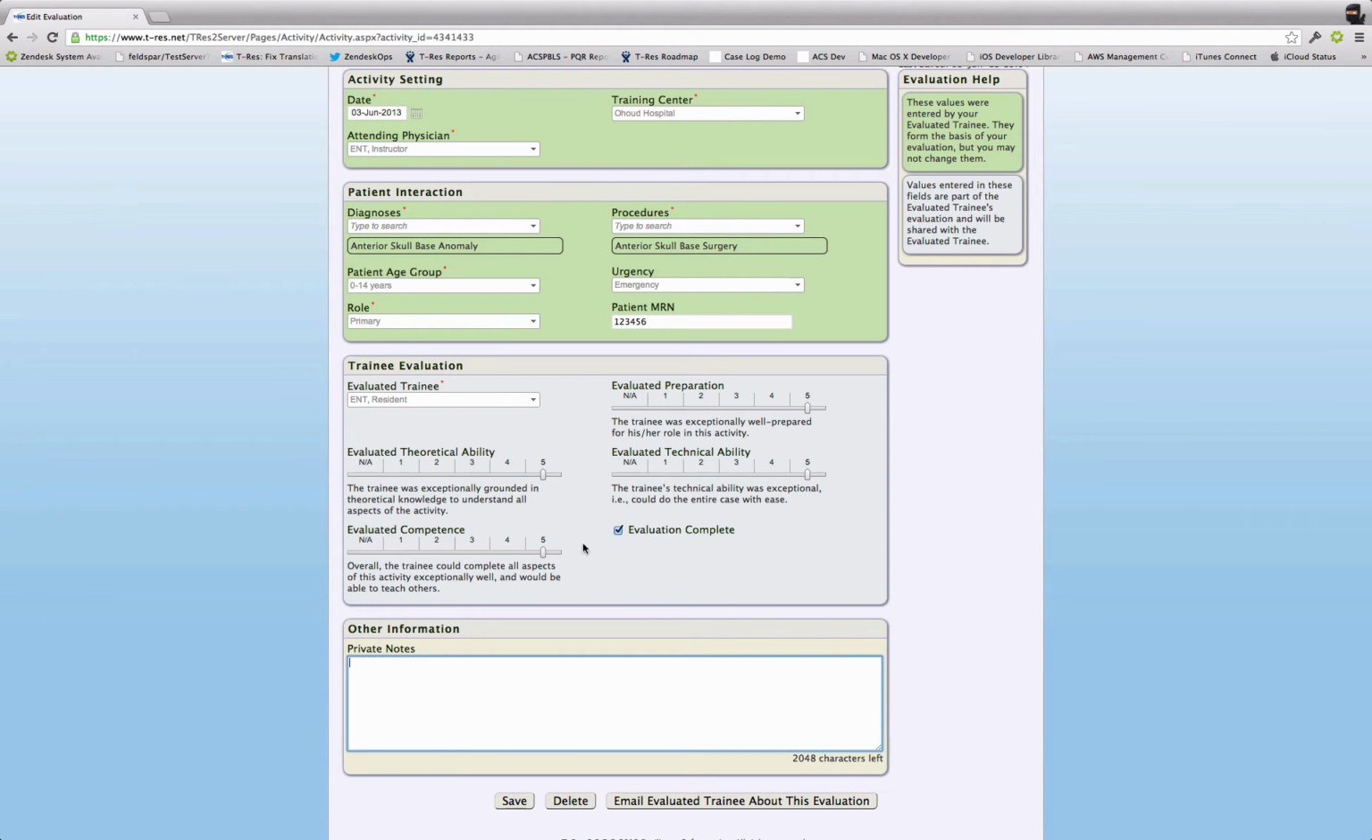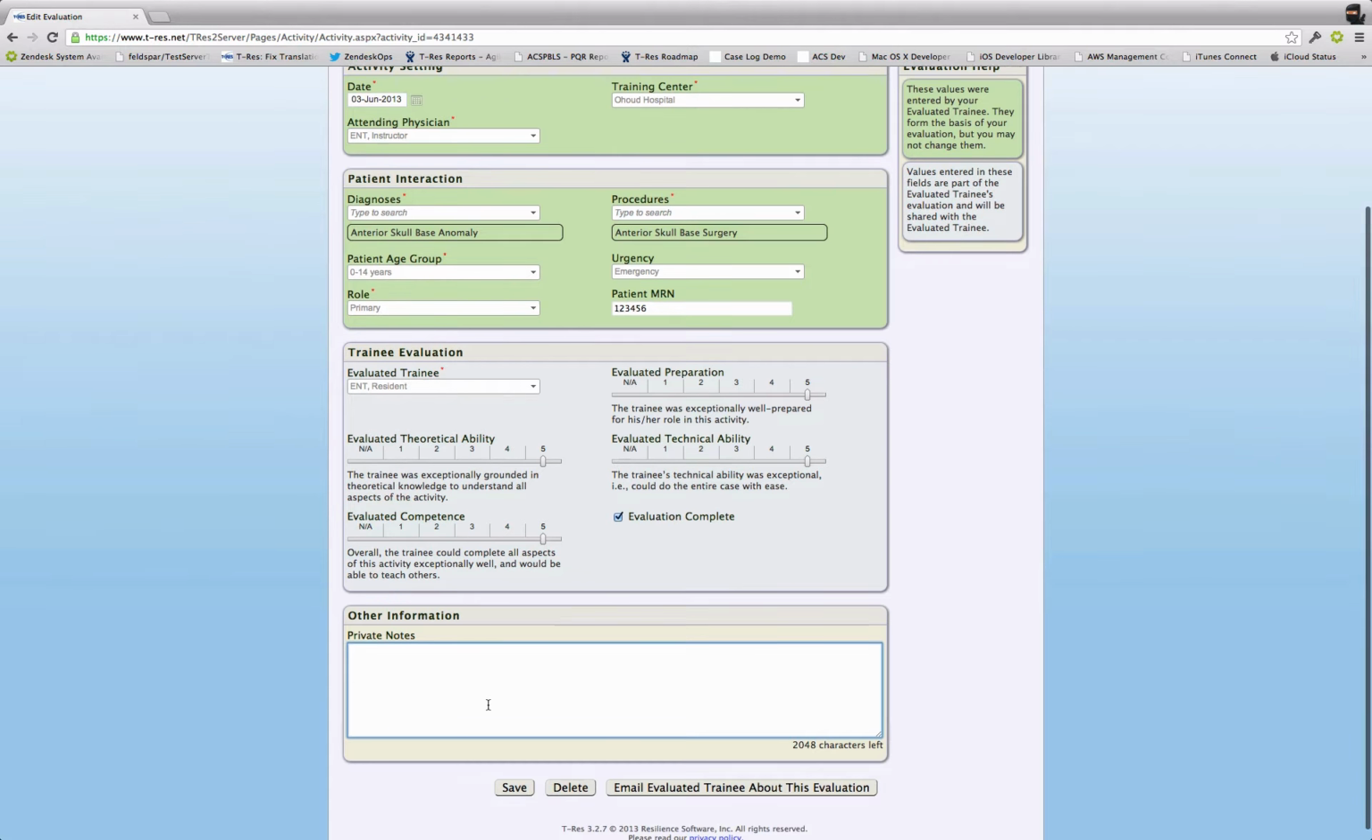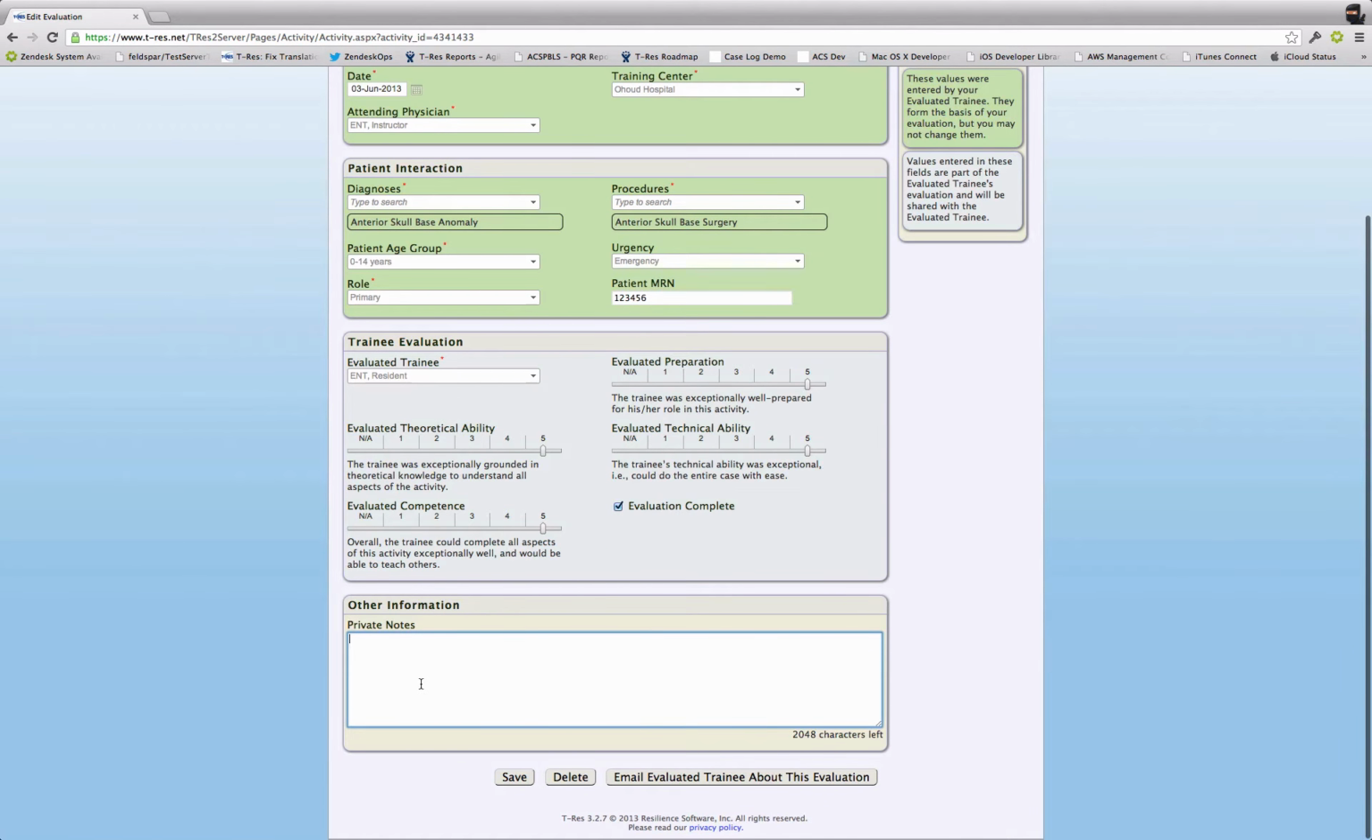So once you're done with the evaluation, you can enter a private note here at the bottom. Now the private note is only for you. This is just a personal comment. It is not visible to anybody else but you. And once you're ready to complete the evaluation and you're satisfied with all the information that you entered, you can